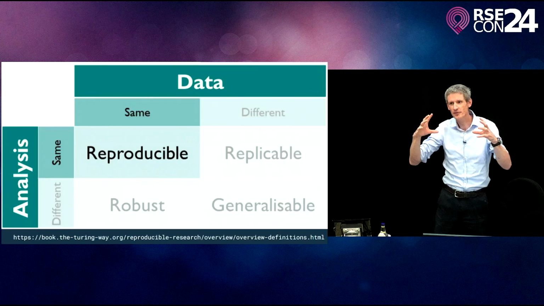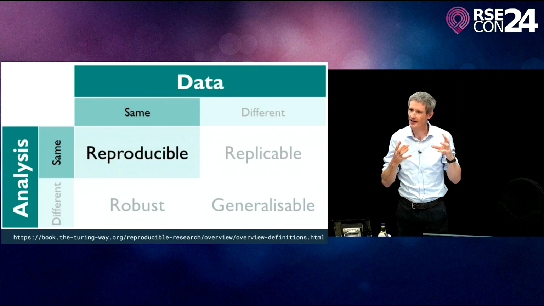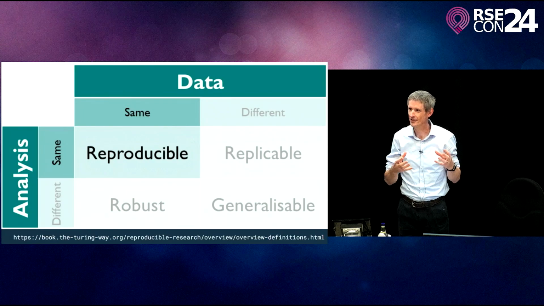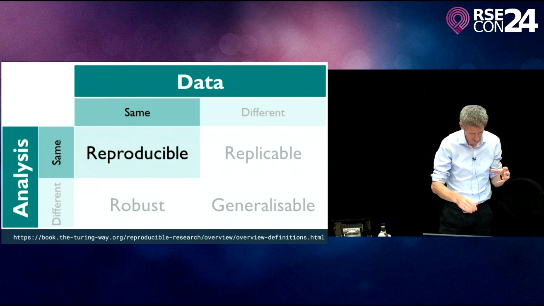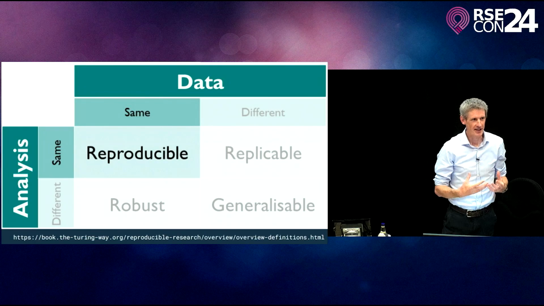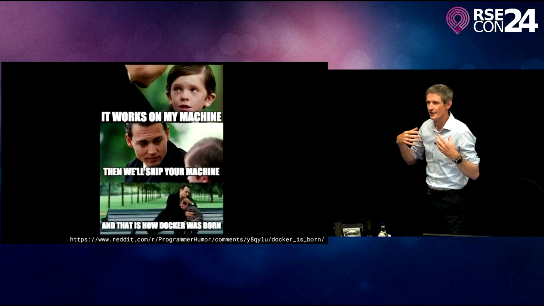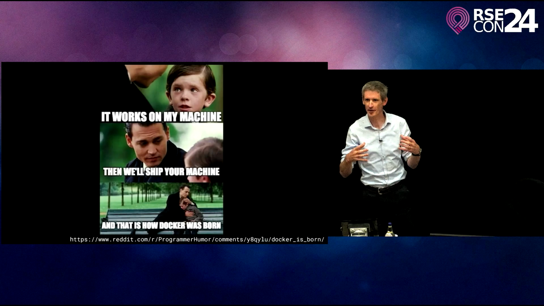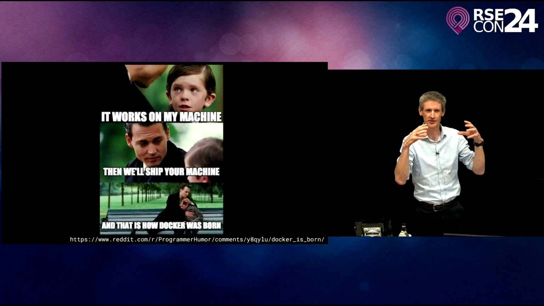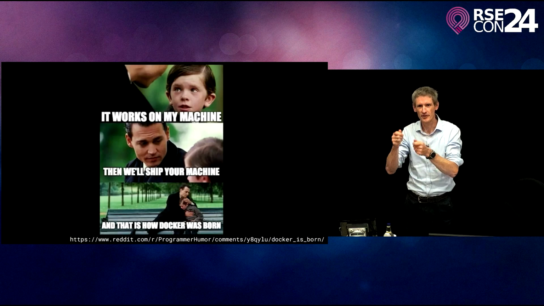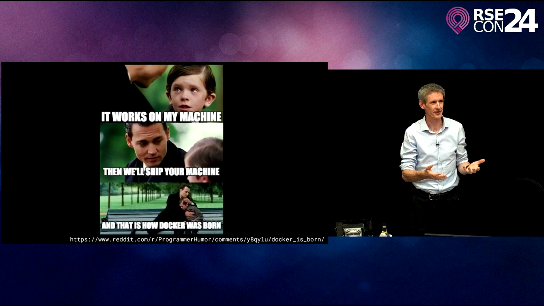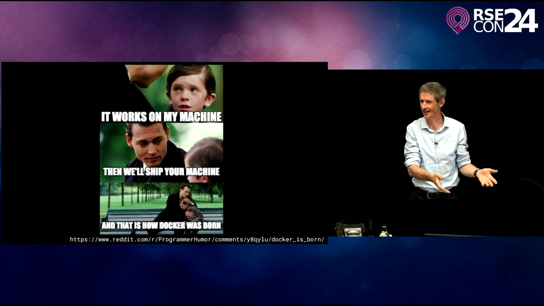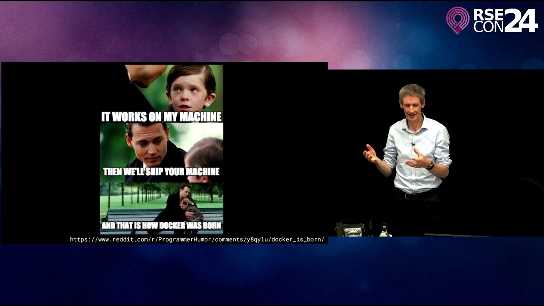But we've zoomed in as a field on this top left corner because it feels the most trivial, right? If you can't run the same code on the same piece of data and get the same result, clearly it's all hopeless. We should just pack up and go home. And so I feel like we've ended up in a bit of a quagmire focusing on this box. An enormous amount of tooling has happened to try and build a Docker for research, an environment that captures everything you might need so that you can definitely get bit for bit the same results that I get. And reproducibility in this sense is you give someone a 200 gigabyte Docker container and say, there you go, it's all in there somewhere. But it hasn't really helped us advance things, right?